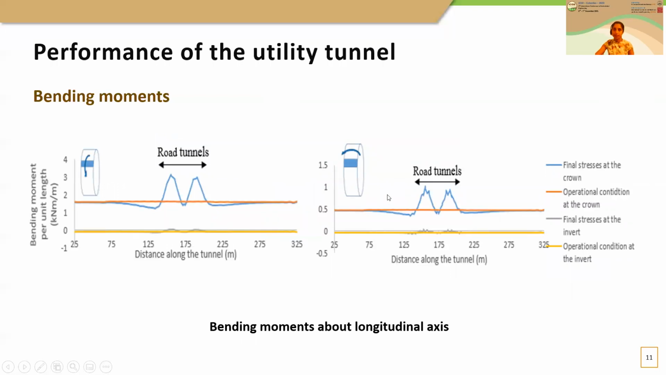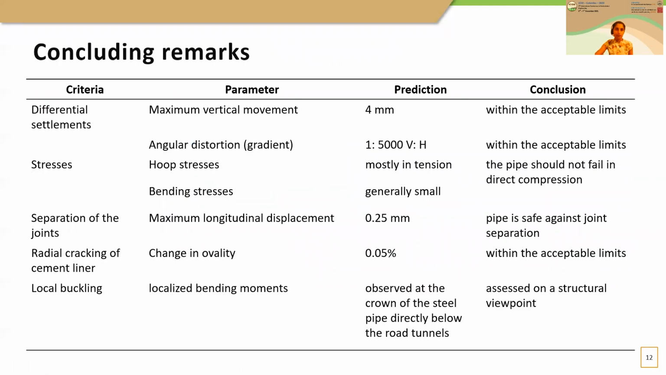Looking at the longitudinal direction and the bending moments, again, the orange and yellow lines show the initial stress state, and the blue line and gray line show the bending moments after the road tunnel construction. As you can see, the bending moments have significantly increased at the crown after the road tunnel construction. This was something that we needed to have a closer look at from a structural viewpoint. To summarize the results,